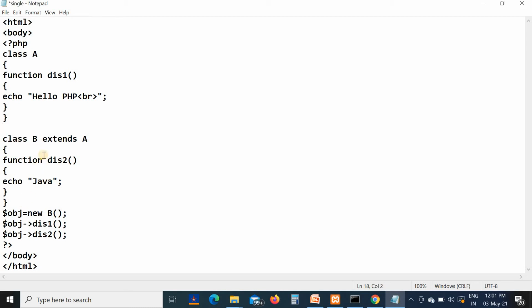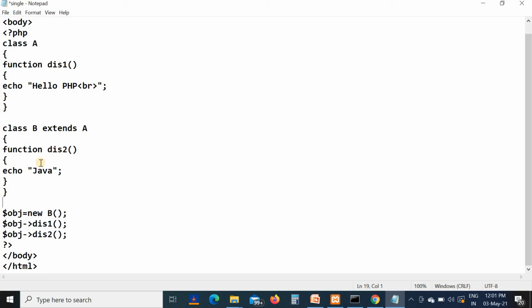Okay, this is the class definition for our derived class B. Now, after the class definition is completed, we are creating an object for the defined class. How are objects created in PHP? Objects are created in PHP by using the new keyword. Here the obj object is created for class B.